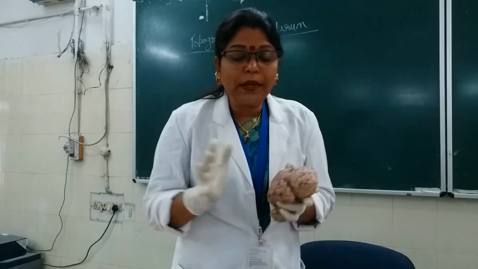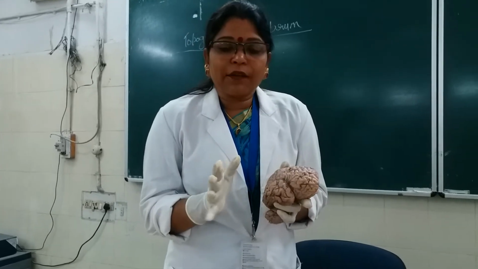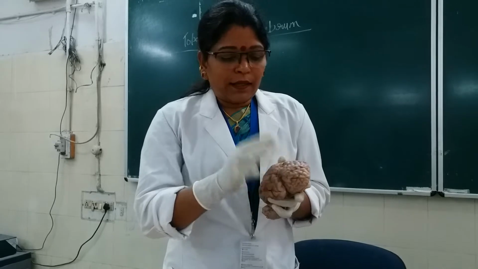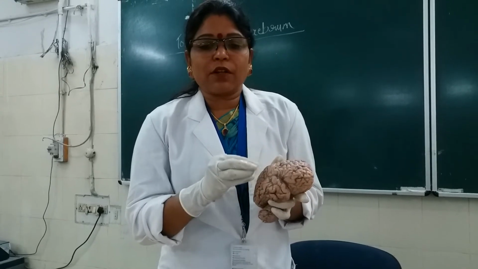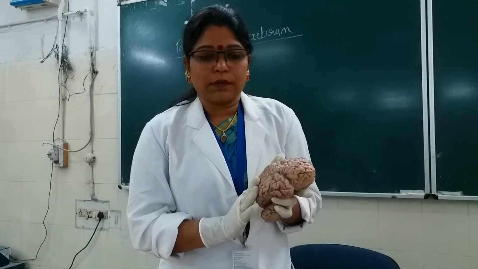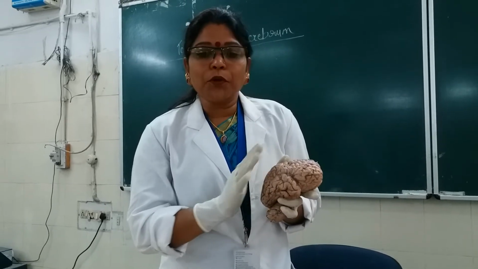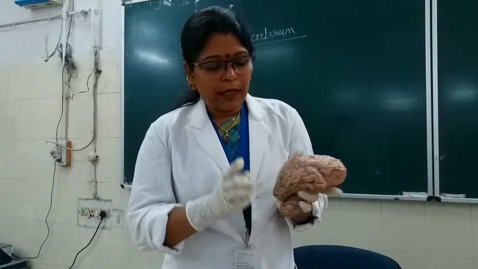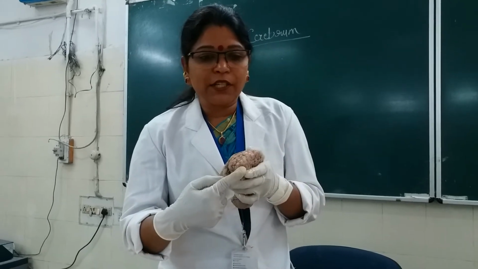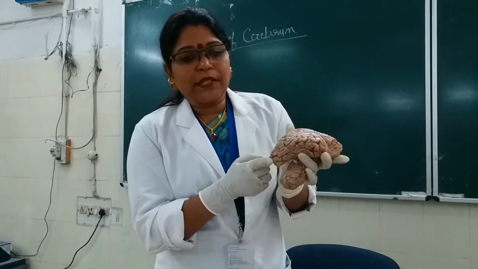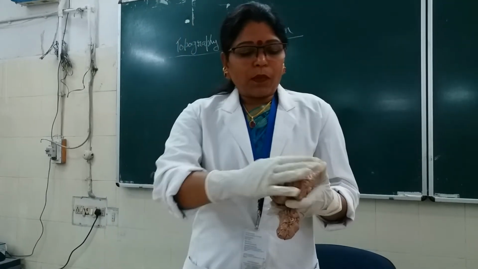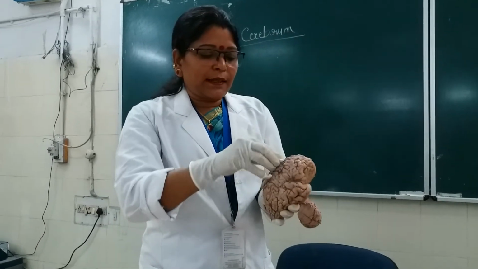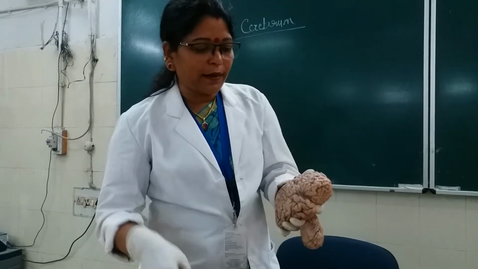But how many lobes are there? Lobes are 4, because the parietal lobe doesn't have the nomenclature of a pole because it is smooth. So parietal has got no pole. It has frontal pole anteriorly, this is the occipital pole, and this is the temporal pole. Okay. Now, the major sulcus on the superolateral surface, look here.